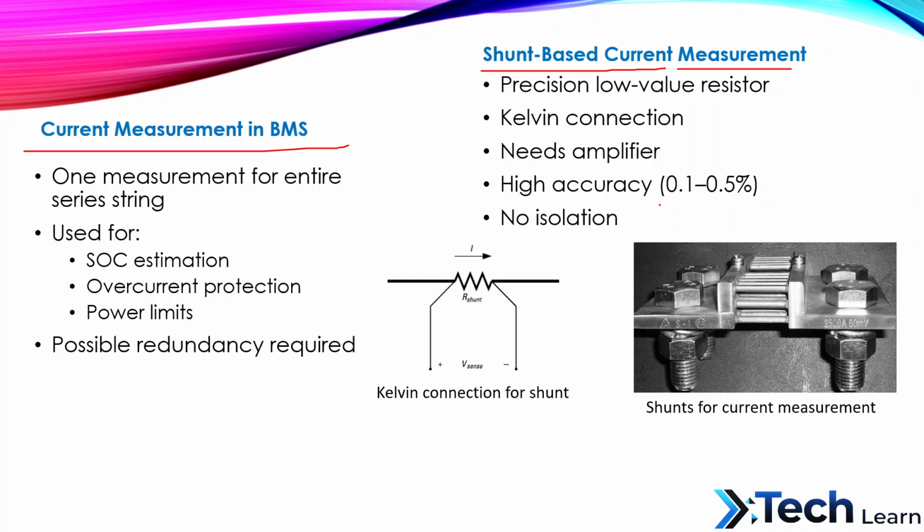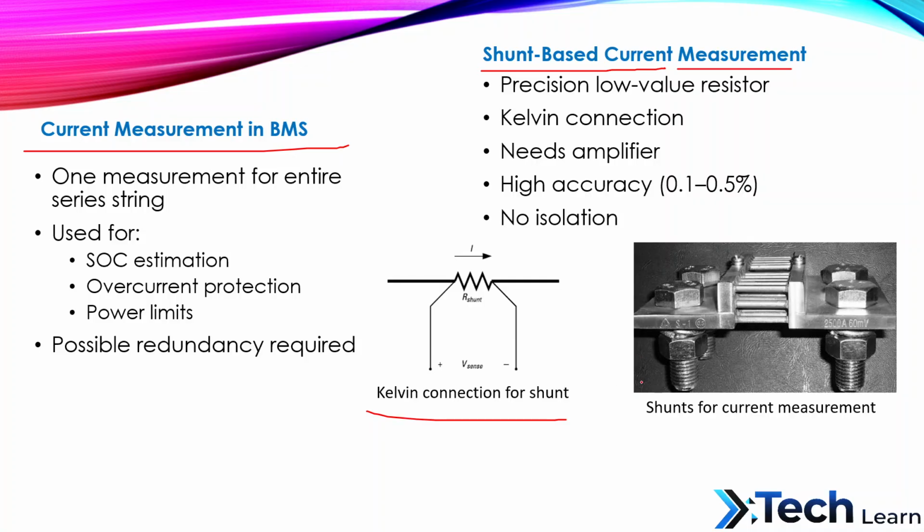Kelvin connection is used to eliminate measurement error due to contact resistance. Here we can see the Kelvin connection diagram. In Kelvin connection, separate terminals are used for current flow and voltage sensing. This ensures that the measured voltage represents only the shunt resistance and not wiring resistance. This significantly improves the